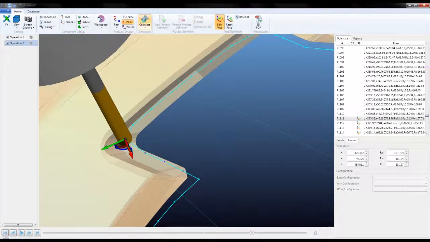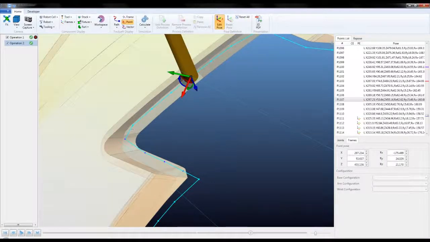I click on Calculate just to make sure that everything is good. Green check marks, and now we see that we've modified the path and moved it out so that it doesn't cut as much into the part. The point editing can be used